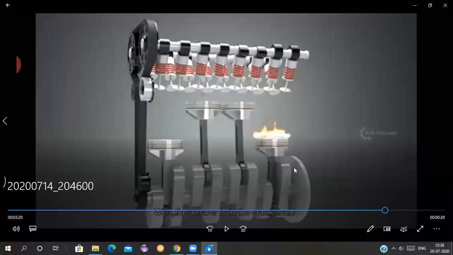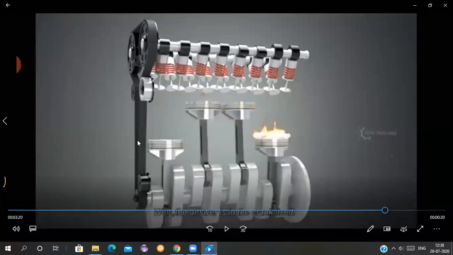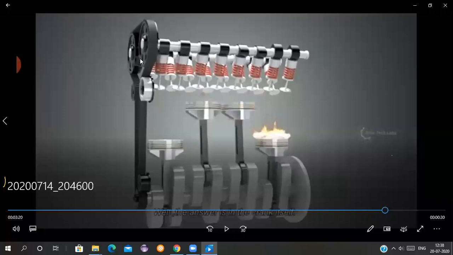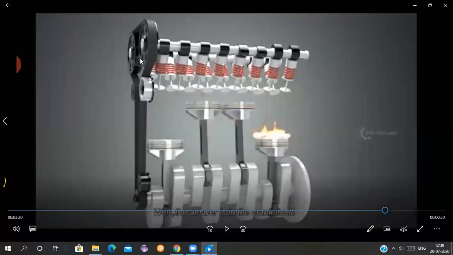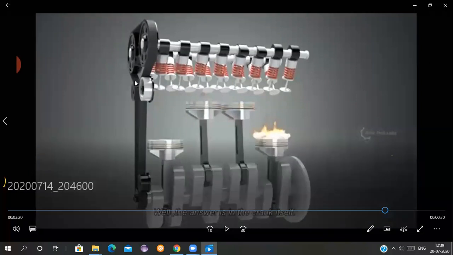Yes. See, someone was asking about the timing belt. This is the timing belt. It does not have any timing stored in it. It is called timing belt because it gives a proper time. There are some slots in it, so slipping does not take place in that timing belt. There is no chance of slip there.